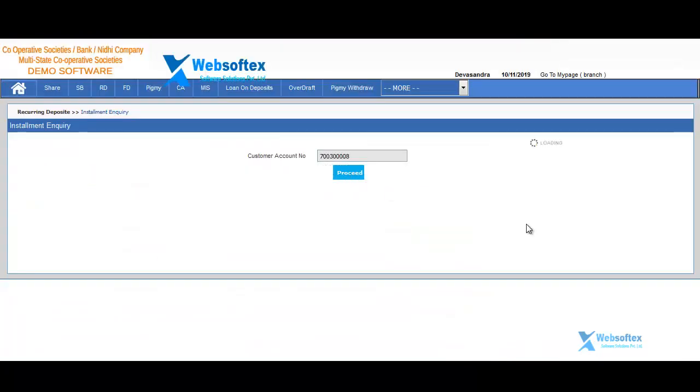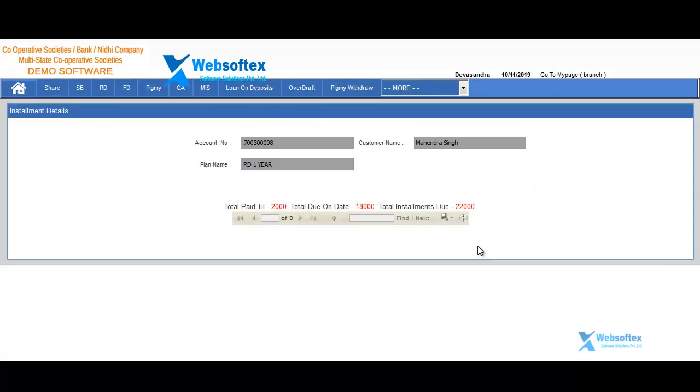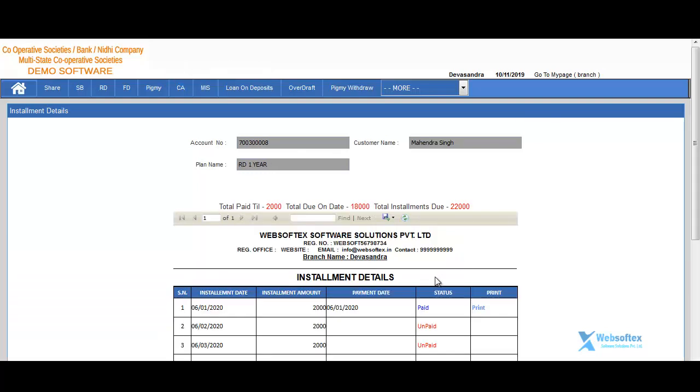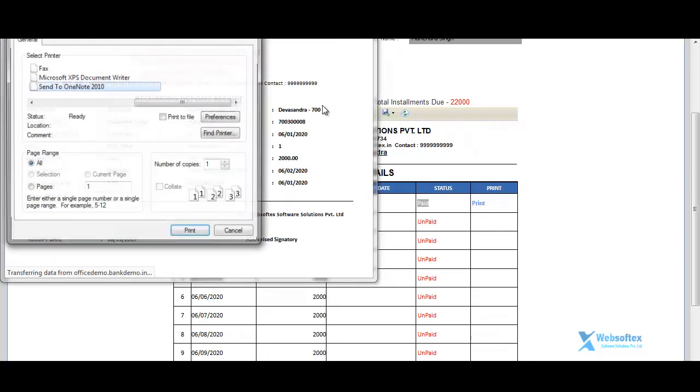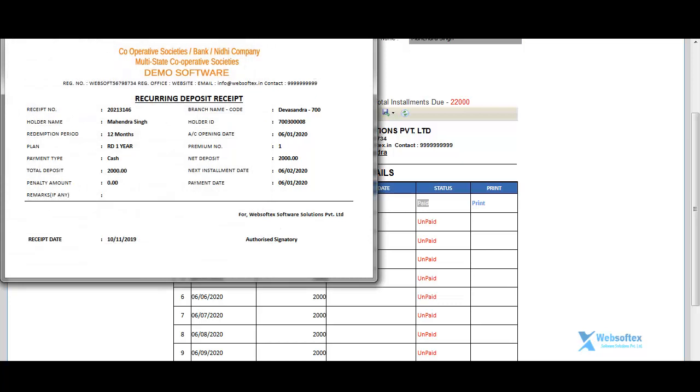If I click on proceed, it will show the installment details, like how much amount I paid and how much I need to pay as due, everything will be shown. For example, you can see the installment date, when I paid, and the status, whether paid or unpaid. Here a print option is there. If you click on print, you will get the paid receipt.